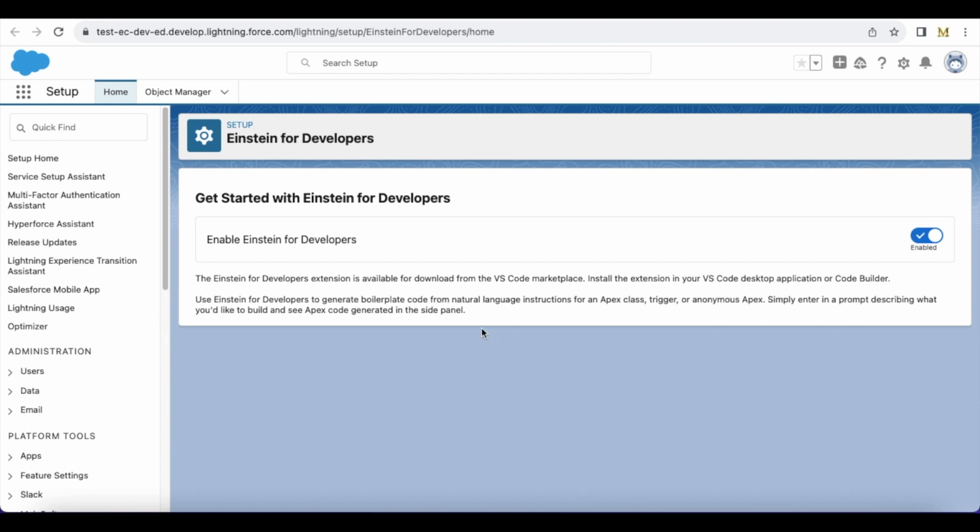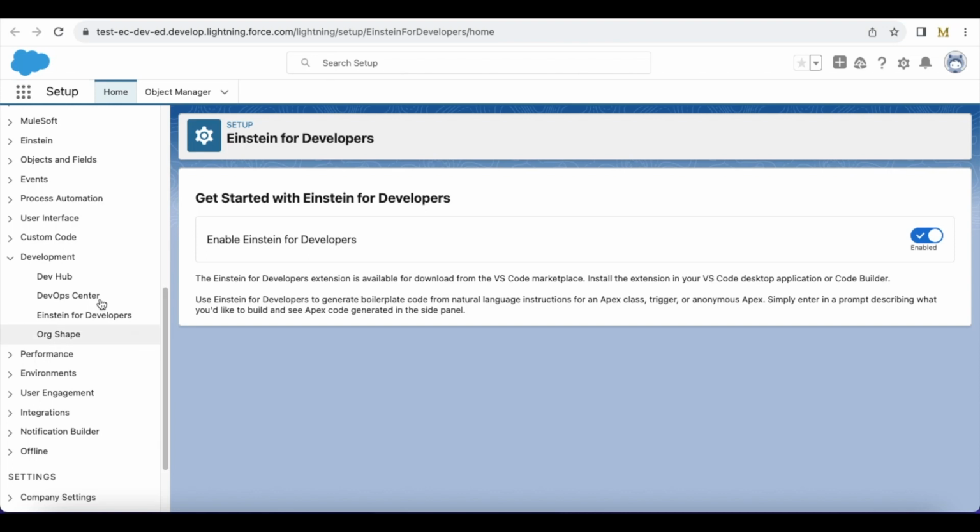So the first step in order to get started with Einstein for developers is to go to Salesforce Setup, and in the Salesforce Setup under Development, select Einstein for developers. Use this toggle button to enable the Einstein for developers feature. Once this is enabled,